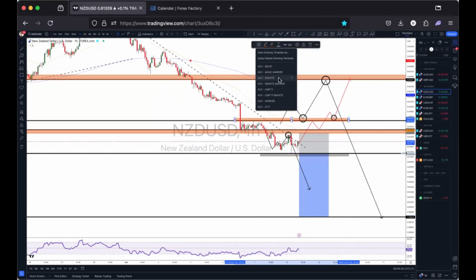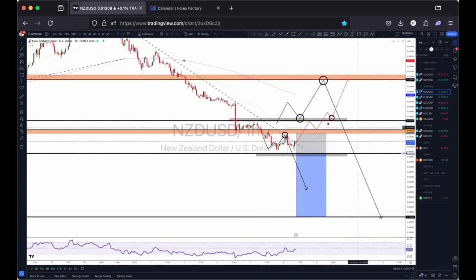Okay, so that's that. If you break above here also, this will be the area for me to start looking for a buy trade on Kiwi dollar right here. For a buy, close above here; for a sell, close below here. Simple as